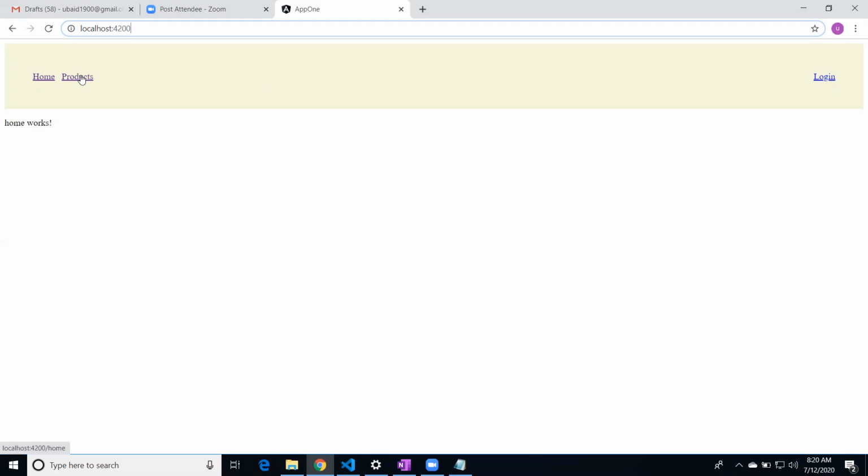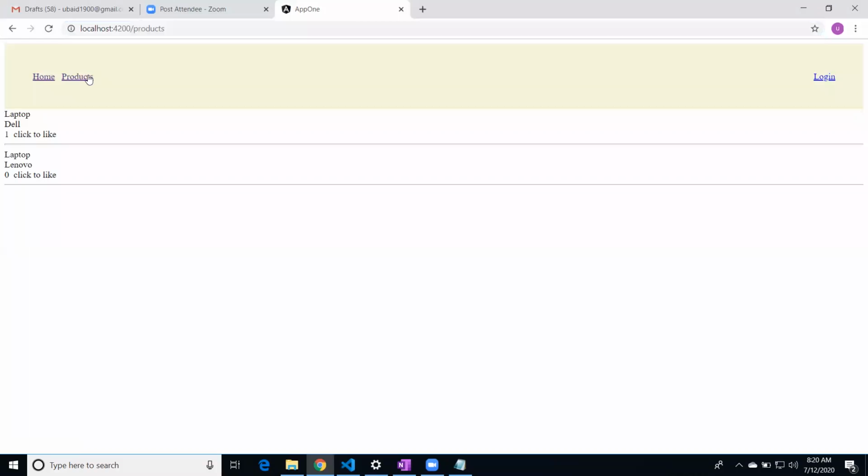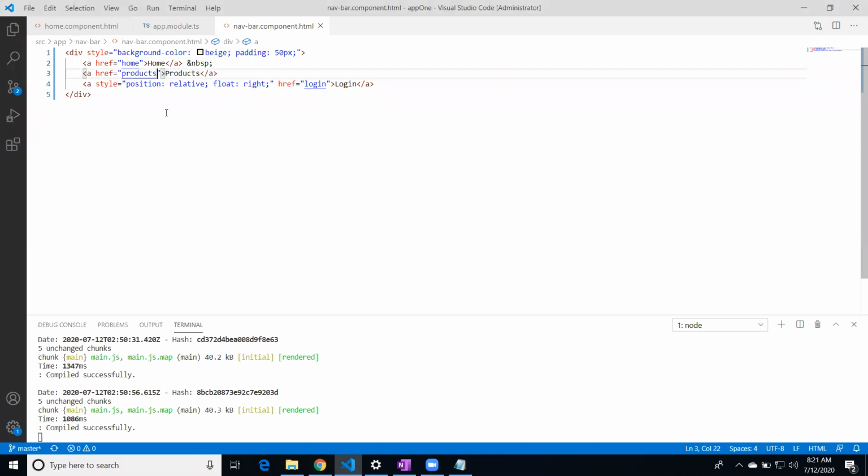Let's see if I haven't changed the route of products, so it's still showing home. Products. Let's see if that actually works. So it did. Normally, an anchor tag is for sending the user to a different link within our own website or maybe an external website. With Angular we just have to specify the path